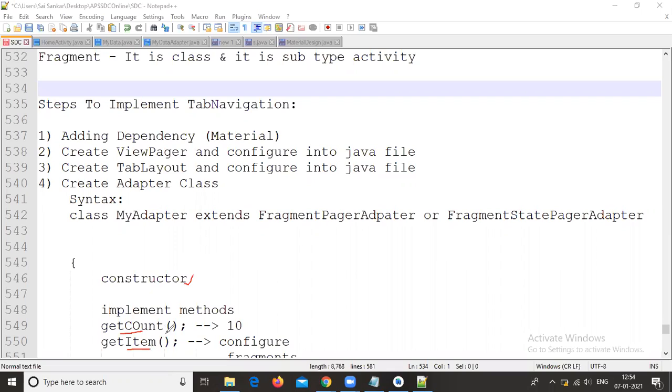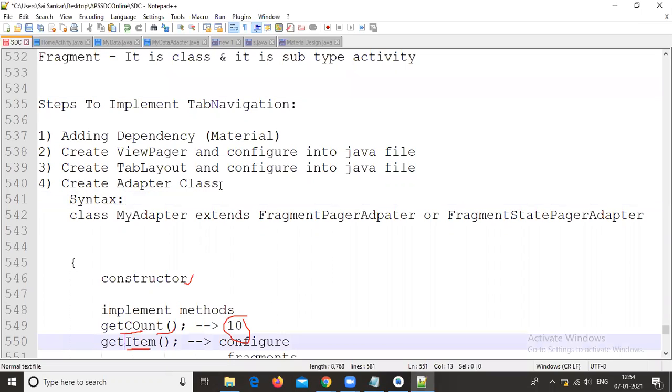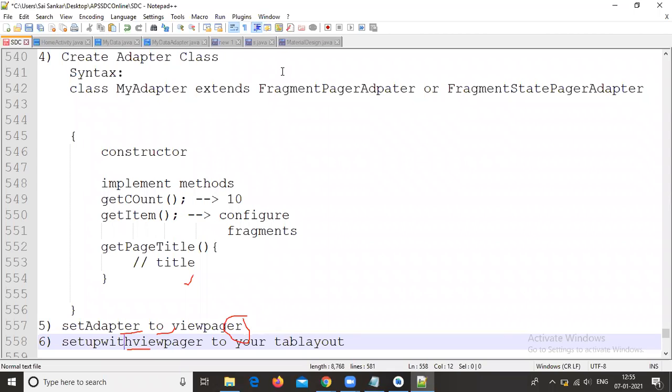Inside the getCount method, if you want to count 100 fragments, you need to give the number 100 here. You just need to return the particular number. And after that, we need to create the fragments. If you don't create the fragments, you are unable to display the tab navigation, so that is why we need to create the fragments.